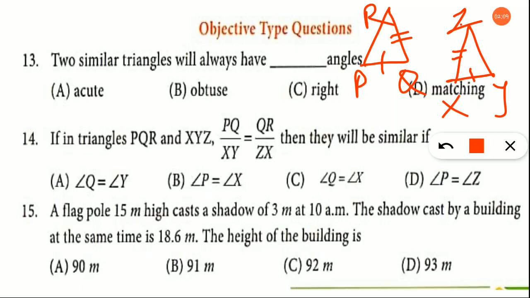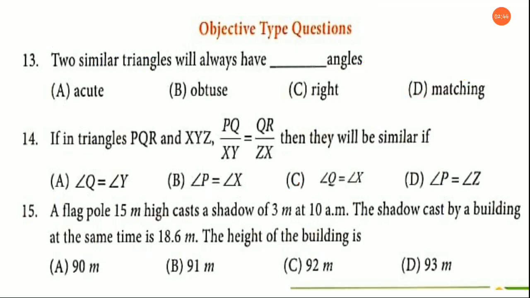Will this Q equal to Y? Q is here and Y is here. Is there a chance? No, because you have to check with the properties. What type of property it can be? So already they have given you two sides. So which one should come in between? Only an angle should come in between, and you should check which angle will come in between. Now which angle is here? Angle Q is here, and in this which one is in the middle? Angle X. So angle Q is equal to angle X is the answer. Clear?